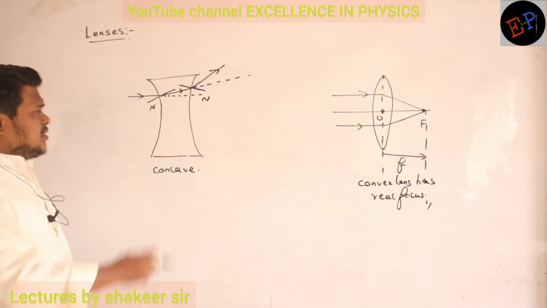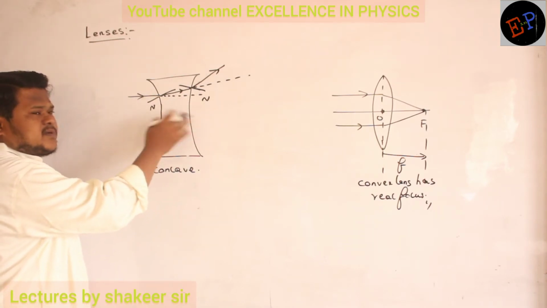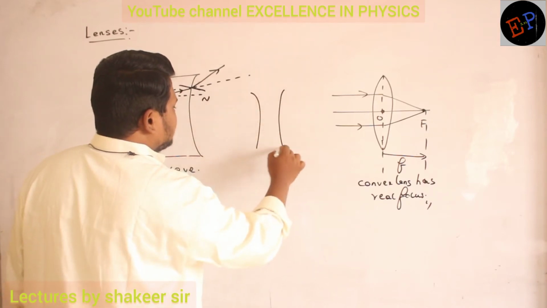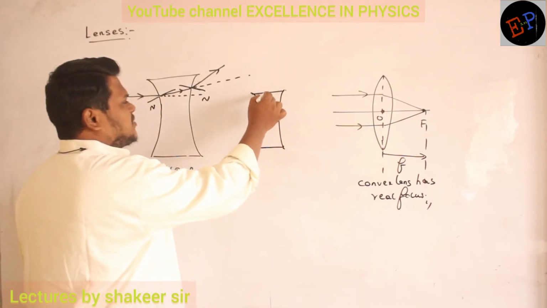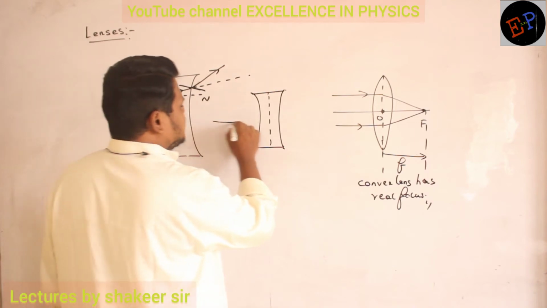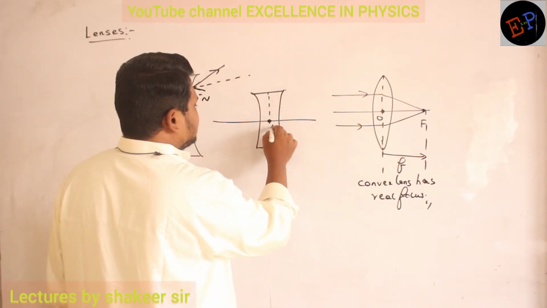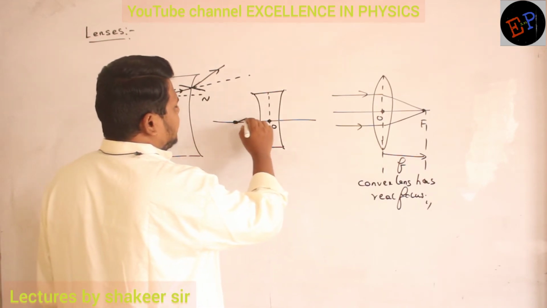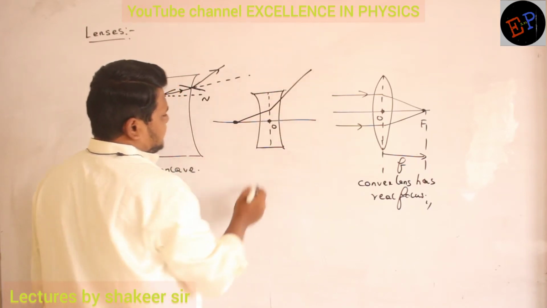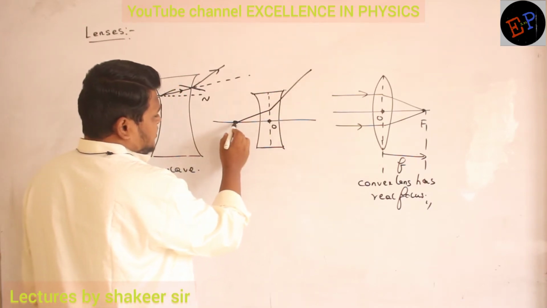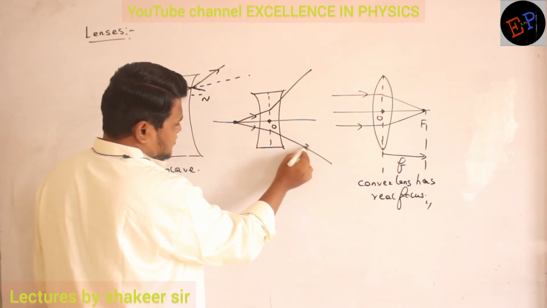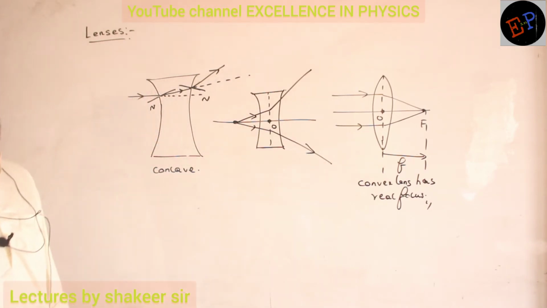Okay. So here also refraction is taking place at two surfaces. So therefore what do I do? For example, if it is a lens, this is the optical center. This is the aperture, principal axis, and this is the optical center. So consider if here there is an object. Light rays entering the lens will diverge from their actual path. This is what will happen.